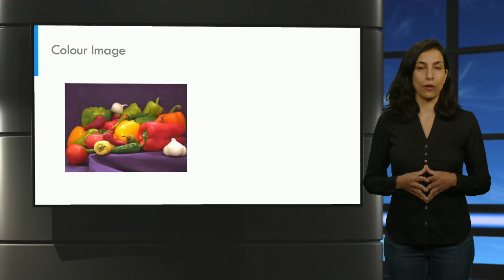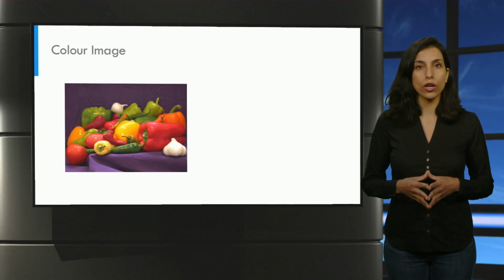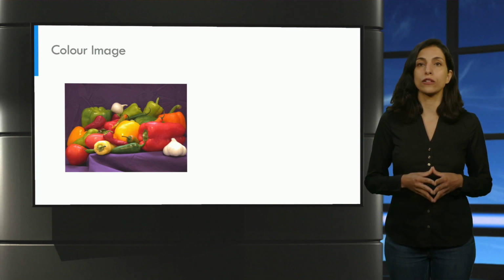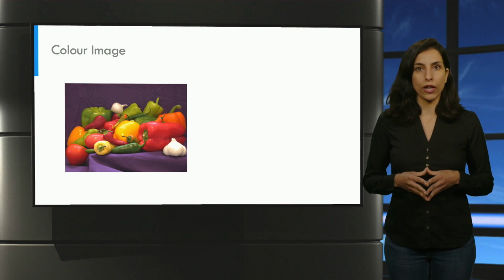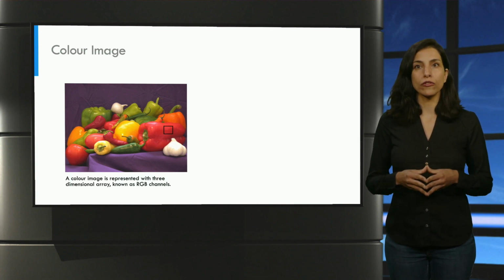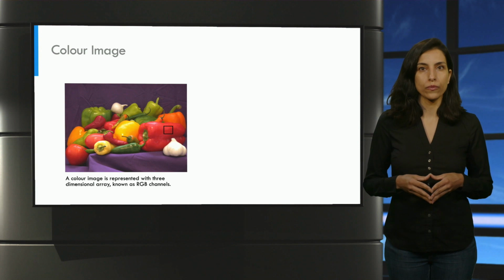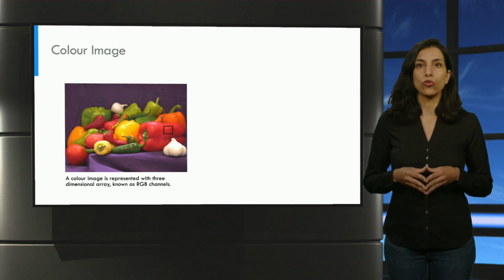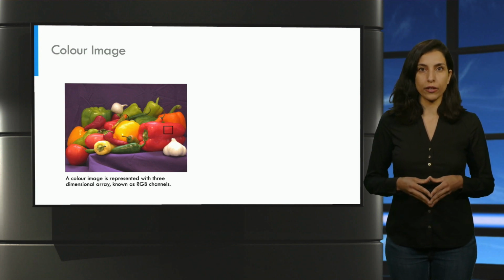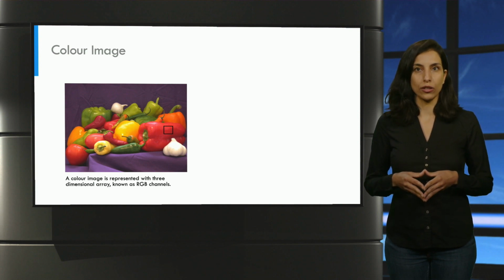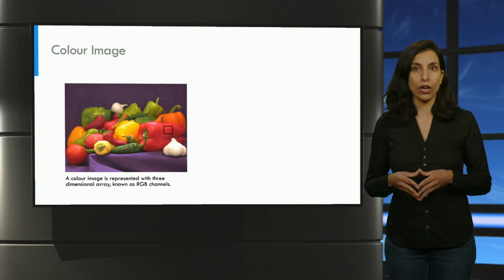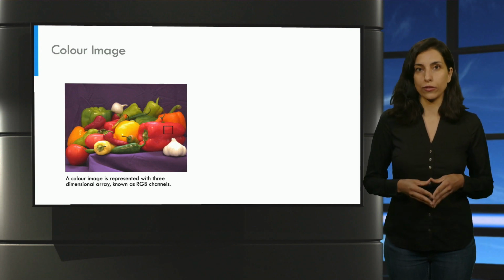Let's take this example of colorful vegetables to visualize the 3 arrays of channels of RGB. Zooming in a small area. This is a rectangular window on a red paprika. Let's look at the array representing the red channel here. One expects that the values in the red channel to be high since the zoomed area contains a red object.